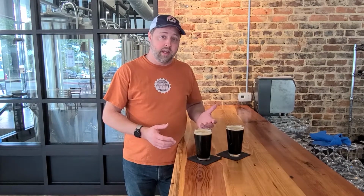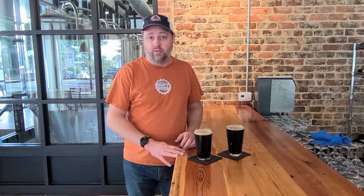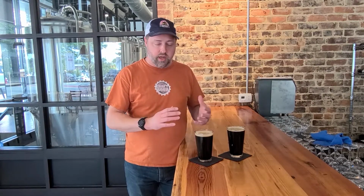So the porter is an ale. It'll finish fermenting in about a week. You can drink it probably in less than a month from brewing it. The Schwarzbier as a lager is going to take a lot longer to ferment, and then you want to let it lager. You want to let it sit cold for several months just to clean up all the flavors in